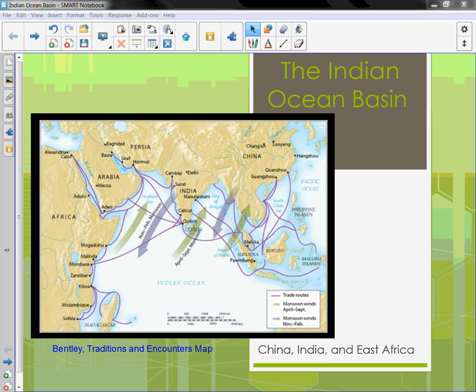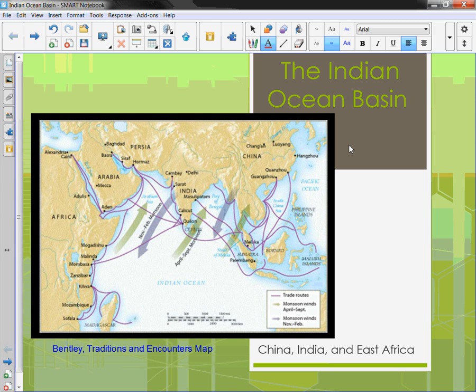Welcome to the flipped classroom on the Indian Ocean Basin. This series of flipped classrooms is going to focus on this basin as a whole rather than on the chapters individually, because in a lot of ways these regions had more in common with each other than they did with their land-held